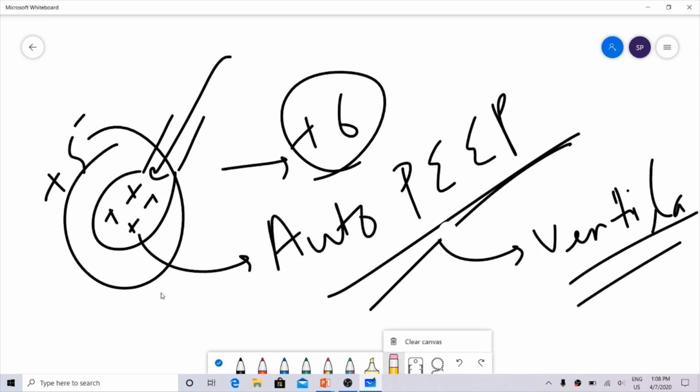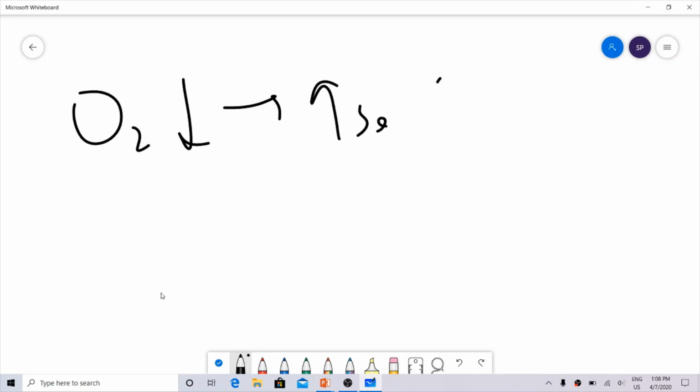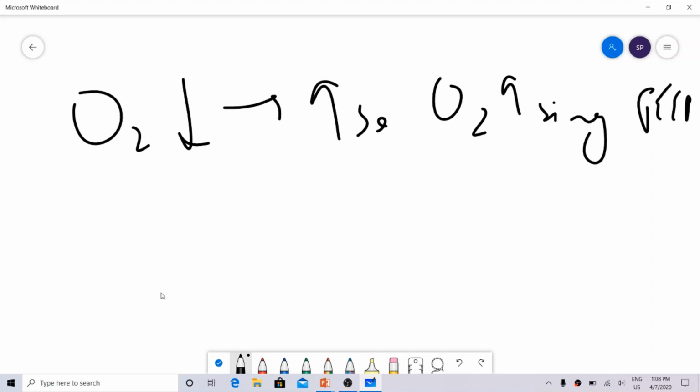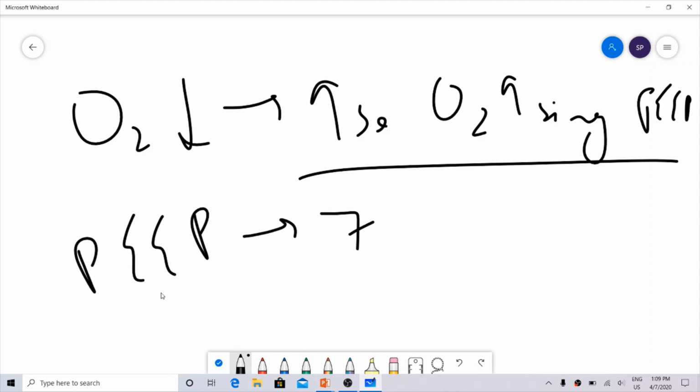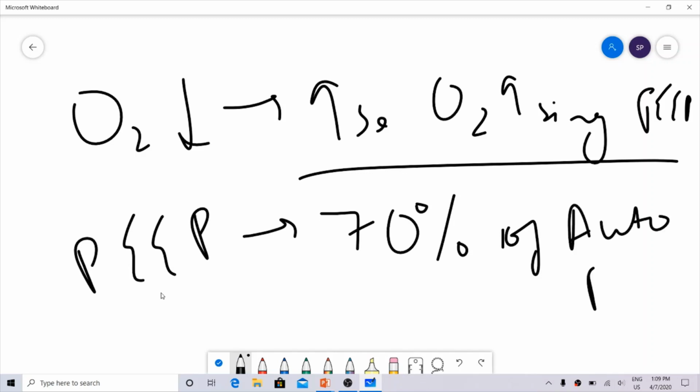So what do you do in these patients? Because the oxygen is less, these patients are less saturated, so you increase oxygenation by increasing PEEP. But how do you decide the PEEP? So you get the auto PEEP, and you set your PEEP at 70% of your auto PEEP. Now what does this mean? You set it at 70% of auto PEEP. What does this mean is,